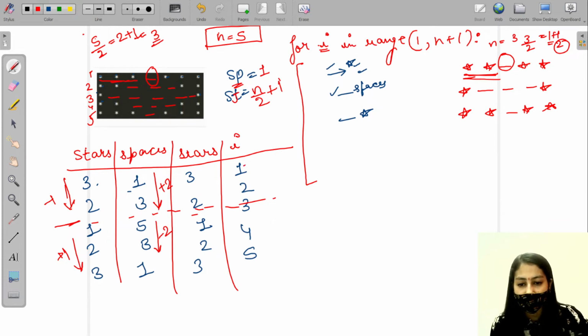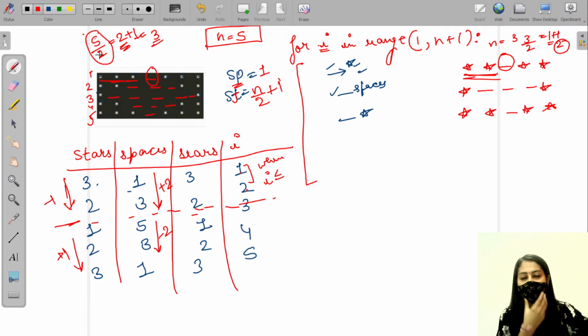We can see that when the value of i is 1 or 2, the stars are decreasing and the spaces are increasing, right? So we can write that when the value of i is less than or equal to 2, 1 or 2, and 2 we can write as n by 2.